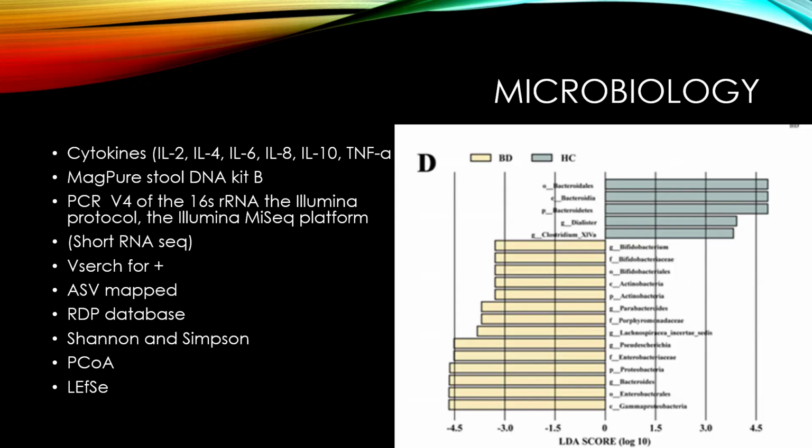They used a MagPure stool sample kit for the DNA of each patient. They used PCR for validation with each one of the 16S rRNA. That should be microRNA. They used an Illumina protocol for microRNA-seq, which is essentially just a clustering method that they use to cluster up the microRNA itself, so they can tell which bacteria are which based on deep learning. They described it as a short RNA sequence.